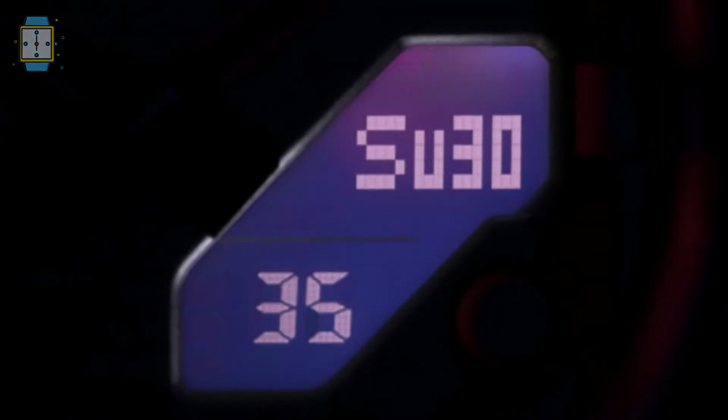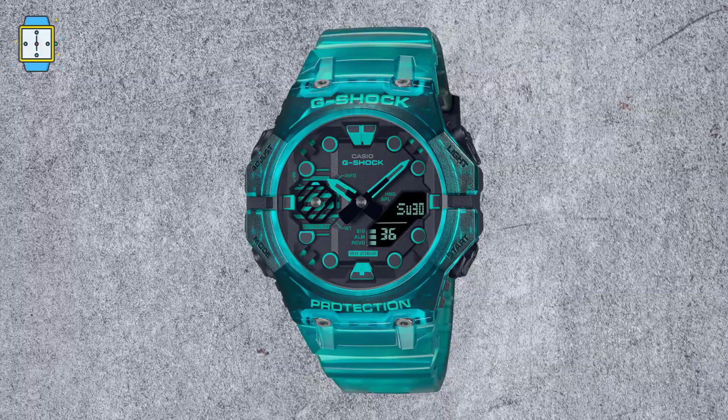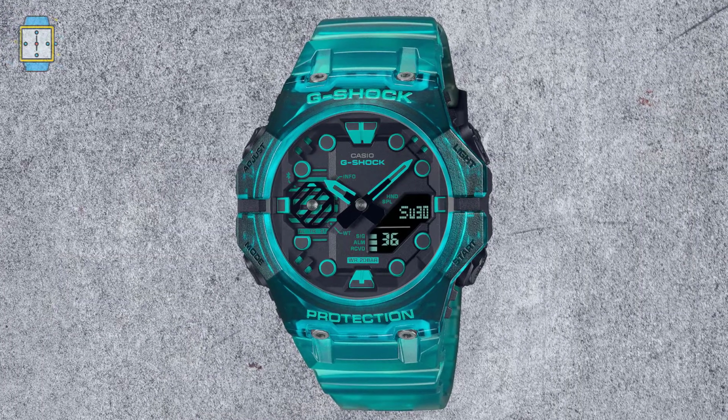The new technique of watch strap attachment is also rated to maximize the fit of the GAB001 by minimizing the space between the wrist and watch. Casio believes that the potential of VR served as inspiration for the new type of G-Shock design. There are 4 color schemes available: all black, a new shade of red, one with a